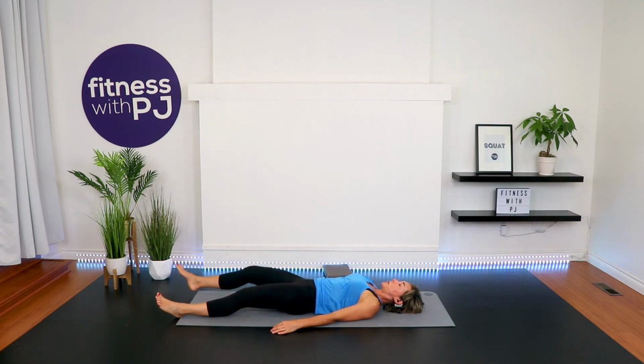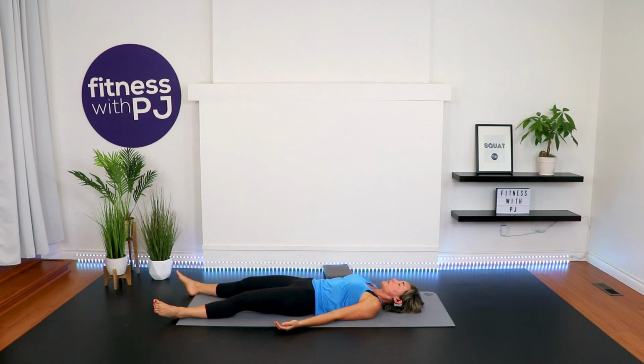Extend the legs, have them apart, arms down by your side, turn your palms up now. Eyes closed. Just let the feet drop out. Let the fingers curl in. Feel the ground under your heels, calves, under your hips and upper back, elbows and knuckles, your head,